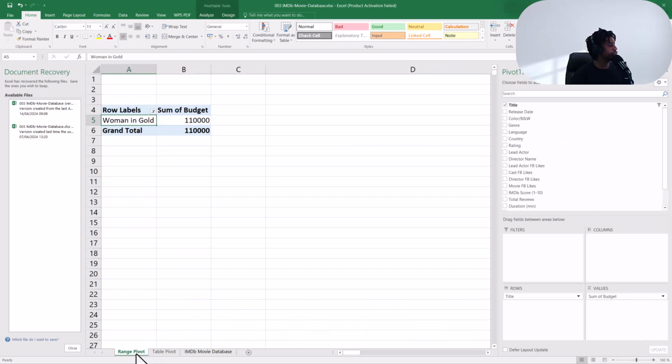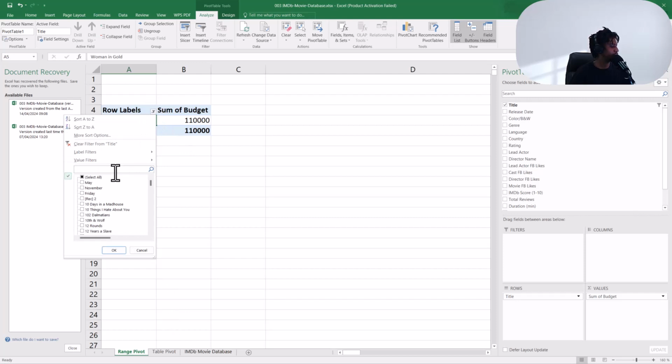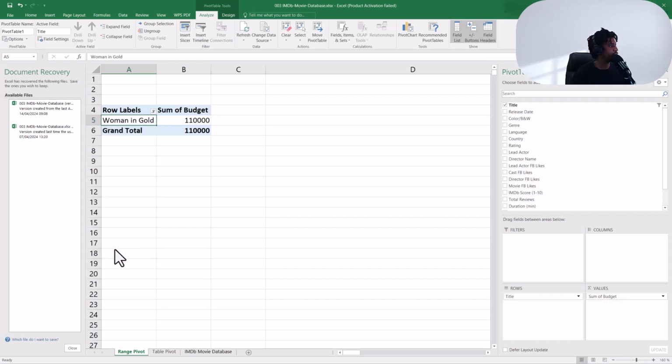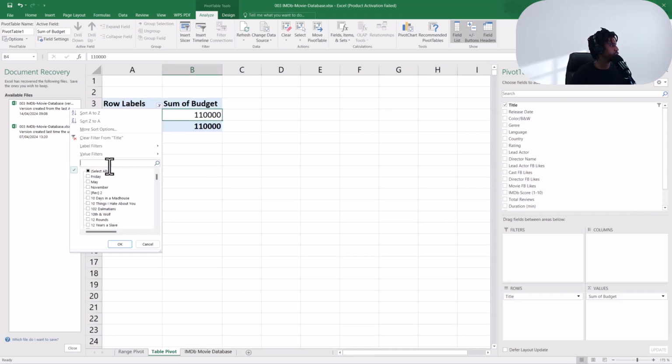Back to this, I'm going to go ahead and analyze and refresh. Nothing has happened. So if I come to sort and I look for woman in gold, all right, so it updates here. We have it here, and in the table pivots, if I search for woman,